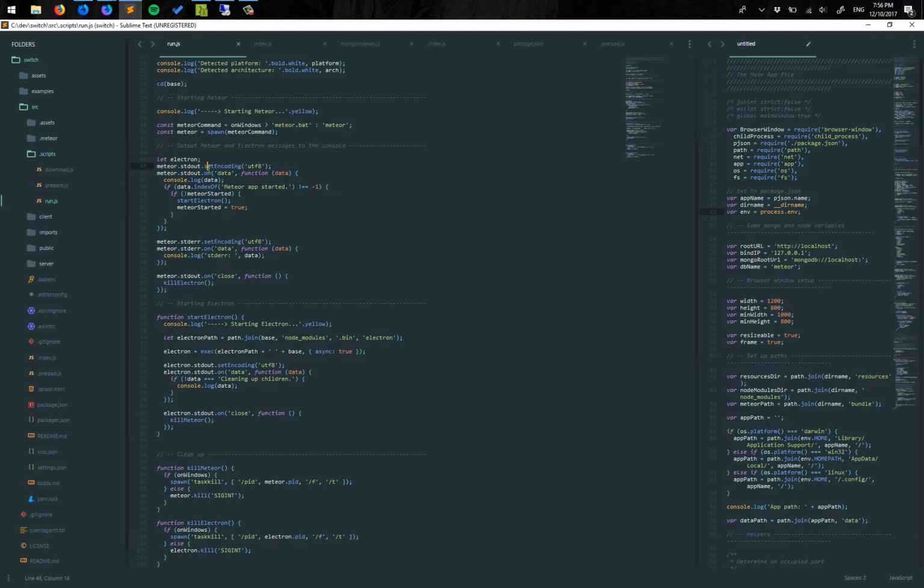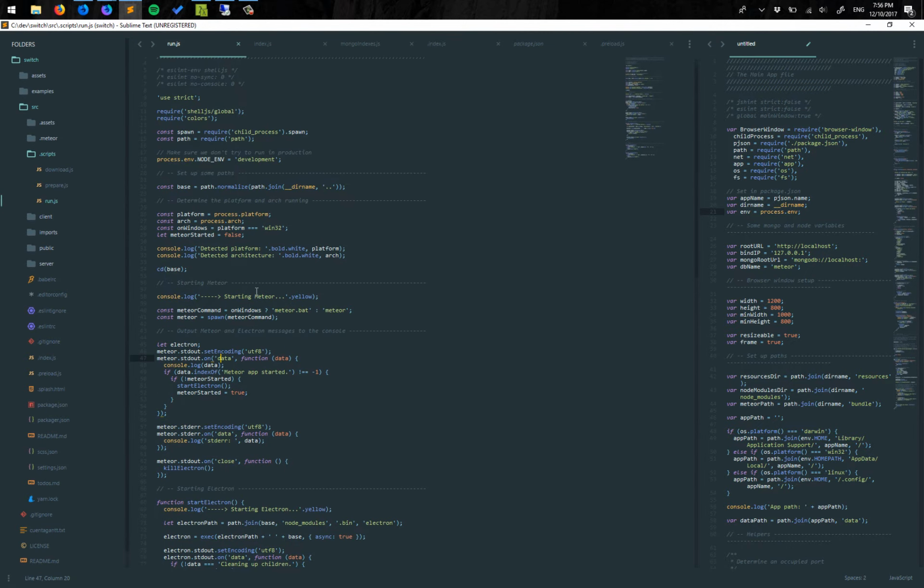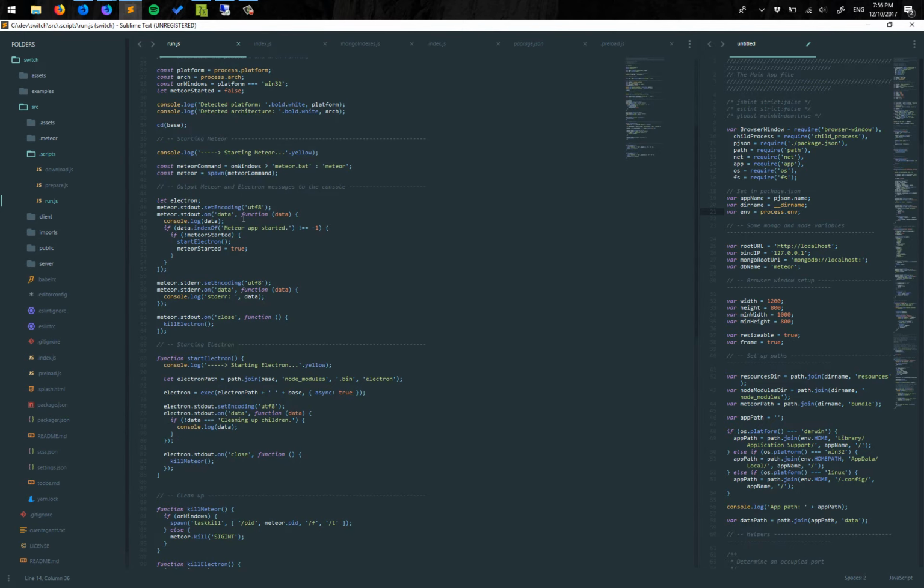So you set the encoding for the Meteor standard out. On data is just an event that this child process provides to hook onto the output when it receives output. So when you receive an output for the Meteor standard output, just console log it to our current console. If you find a line that reads "Meteor app started", and this is a terrible way to do it with indexOf because it's very slow, but